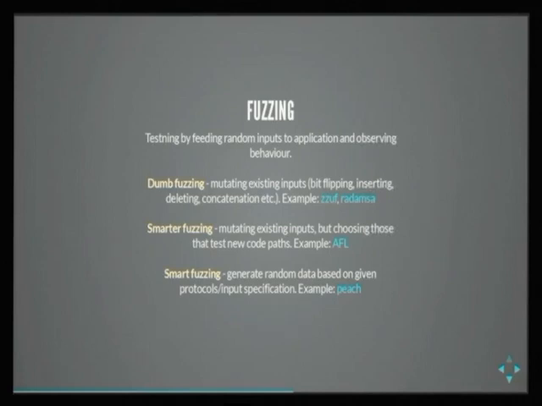Now, when you're a security team and you try to choose between those, there's a trade-off: the amount of time you spend setting up the fuzzing and the amount of time you spend actually fuzzing. In dumb fuzzing, it's 5 minutes until you have it set up. In smart fuzzing, it can take weeks. So usually the best trade-off is the smarter fuzzing. It's as easy to set up as a dumb fuzzer, but it has better code coverage.